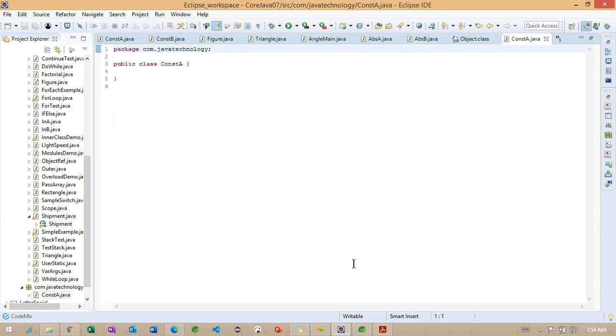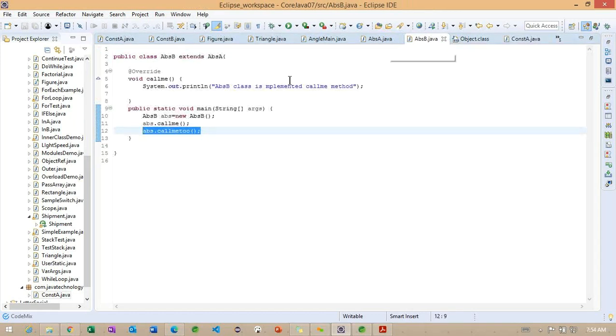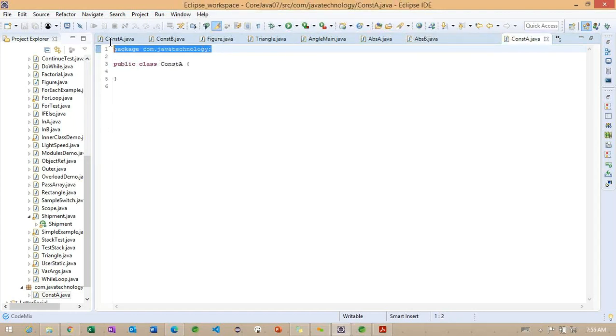To create these packages, what we are going to do here, you can observe, if you check any other classes, we are not going to find any package information here. Only the constructor A class has a package. So to create the package, this is the way: we use the keyword package, and we specify the package name.